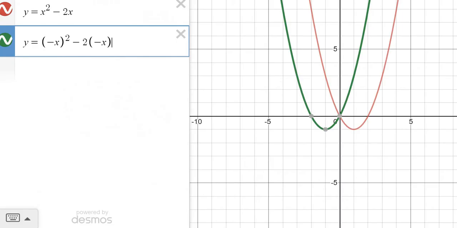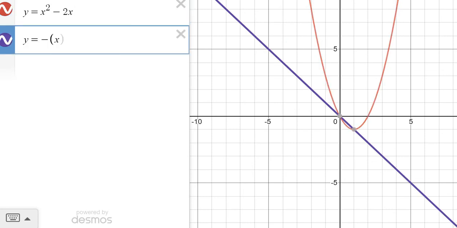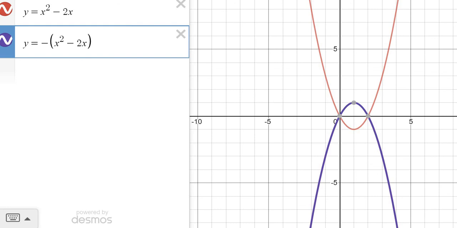So if we go back to Desmos, delete that one, type in y equals negative x squared plus 2x. And lo and behold, it's a reflection. So that's good. We can also do this on Desmos by changing this to f